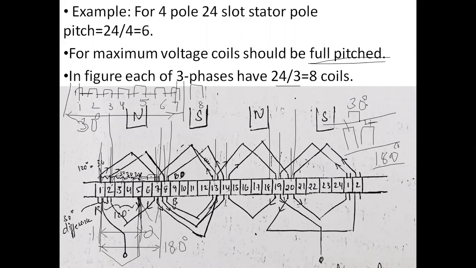Okay, so if the coil side is started at 1 and it ends at 5, then it is called short pitched, because to be full pitched the difference should be 180, right? If there is 180 difference between the slots, only then we call it full pitched. Less than 180, we call it short pitched. So how much short it is, we should also calculate. So if the coil starting at 1 ends at 5, it is called short pitch. How many degrees is it short pitched? 60 degrees. So the total difference between slot 1 and slot 5 is only 120 degrees. So it is short pitched.